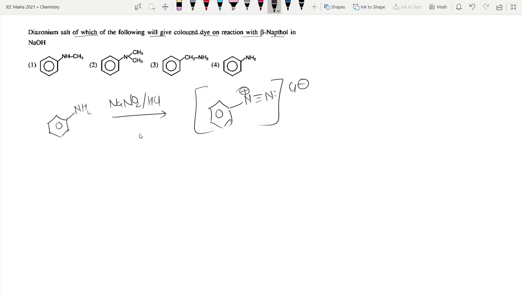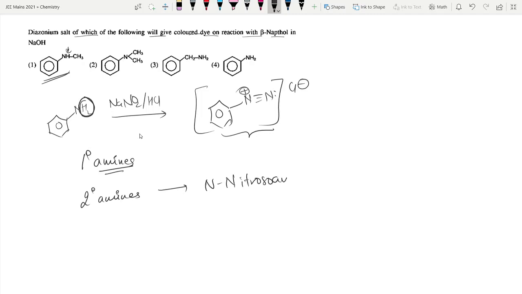But if you remember the mechanism, you need these two hydrogens here for the diazonium salt to get formed. So in the first example, this is a secondary amine. Diazotization can only be done with 1 degree amines, right? 2 degree amines stop at nitroso derivatives, the N-nitrosamine,